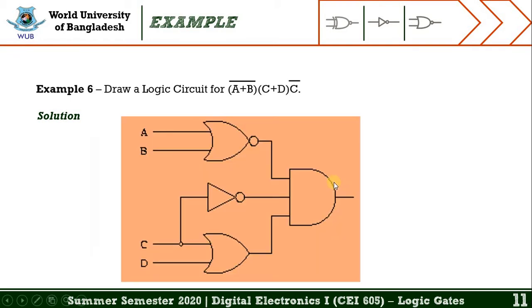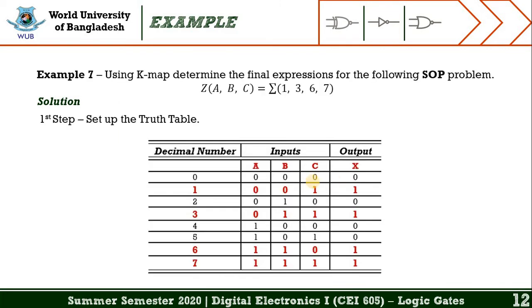So easy, right? This is another problem like the others, and I won't say much about it. So let's move into the next problem. This type of problem is very important for your understanding. So let's start. Using a K-map, determine the final expression for the following SOP problem. As we know in this lecture, SOP stands for sum of product, and the problem states a function of A, B, C inside the parenthesis, which represents the number of inputs for this problem, and the right side represents the summation